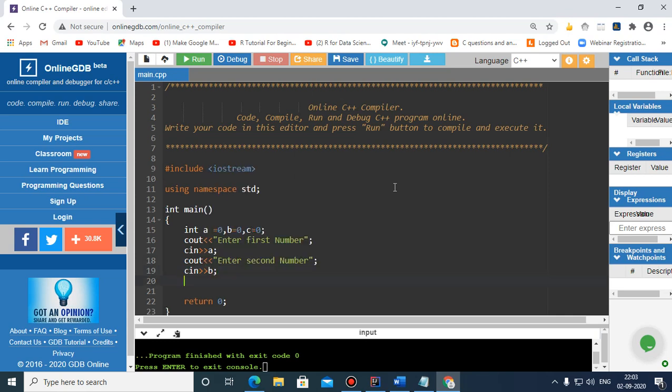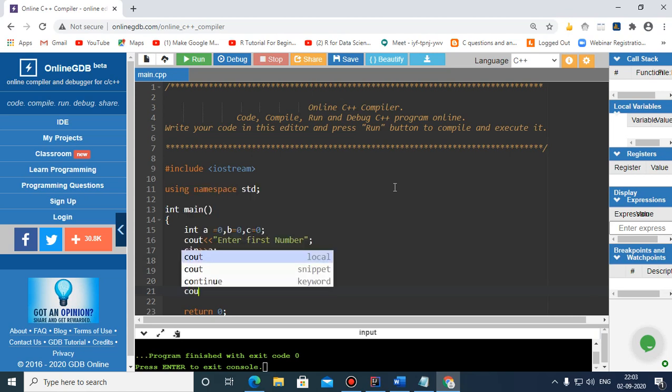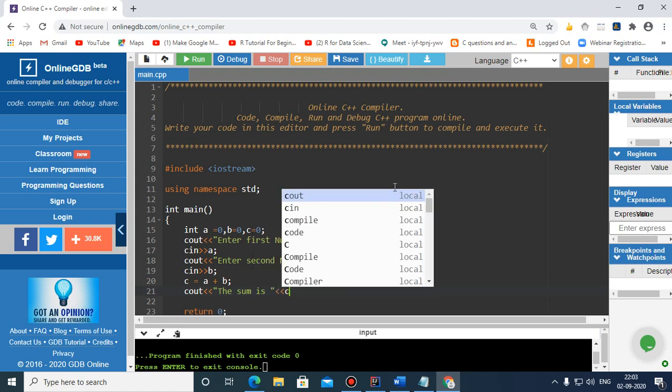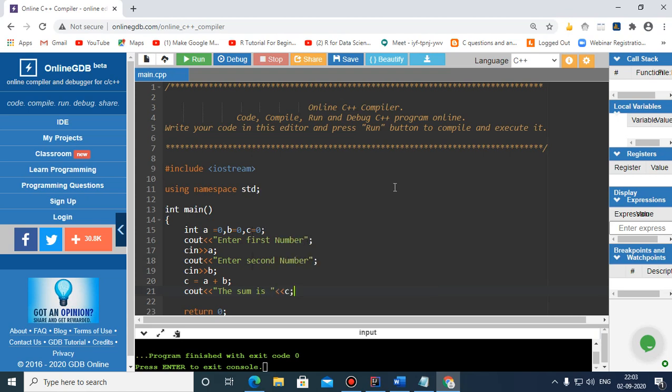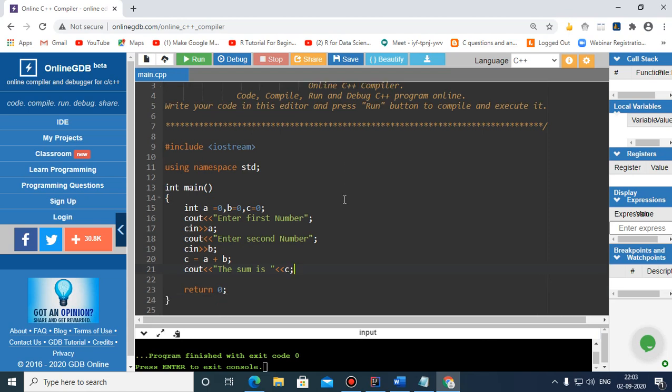And after that what to do is C is equal to A plus B. The addition of A and B will get stored in this variable C. And after that I'm just displaying the sum is C. And now I would like to execute this.